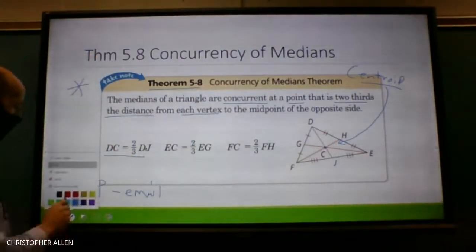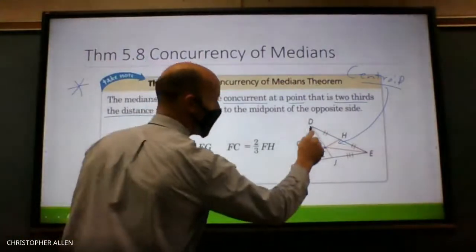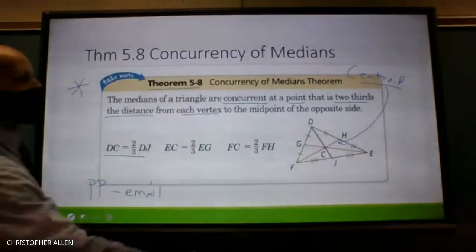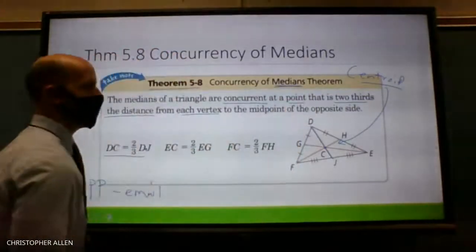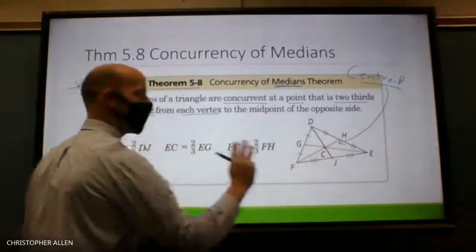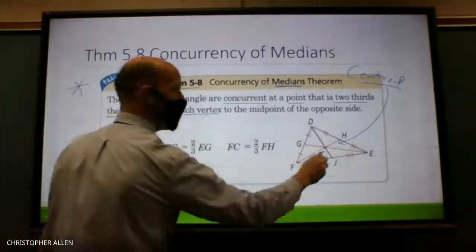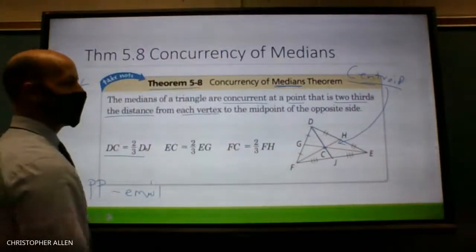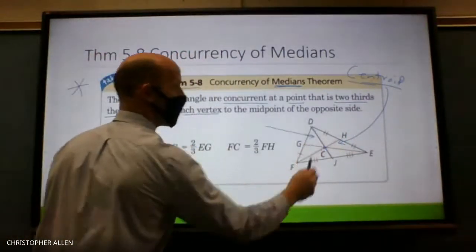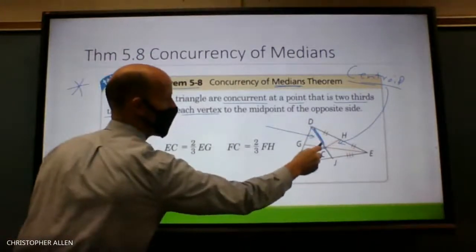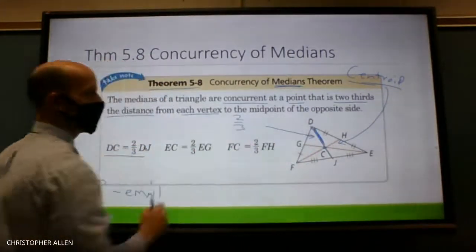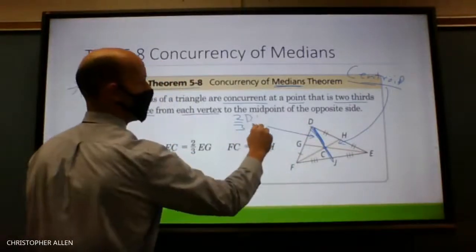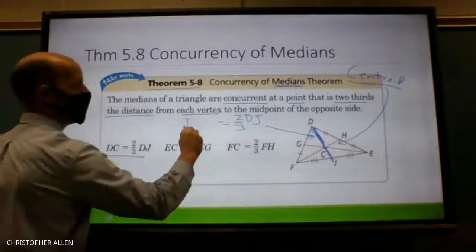So let me explain a little bit of what that means. This length right here, this is what we call a median. In this case, we have all three medians drawn. And this point C right here, which is called the centroid, it's telling you that this distance right here, just this piece right here, is 2/3 of the entire length. In this case, that would be DJ. In other words, DC